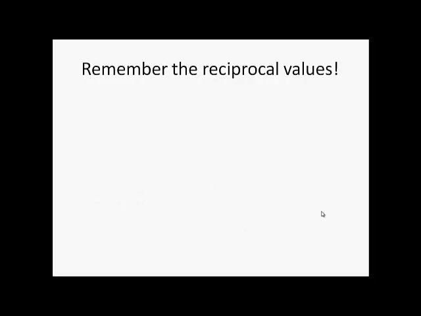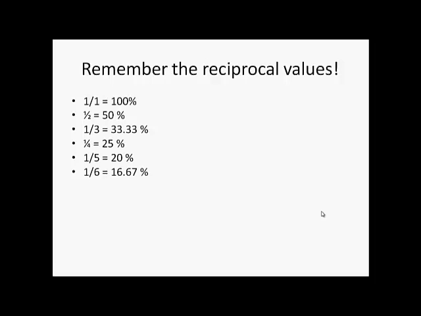Now, for such quick calculations, if you remember the basic reciprocal values, they would be of great help. Let me just list down the first 10. Remember, the reciprocal of 1 or 1 upon 1 is 100%. 1 by 2 is 50%. 1 by 3 is 33.33%. 1 by 4 is 25%. 1 by 5 is 20%. 1 by 6 is